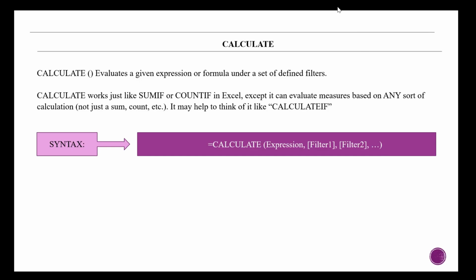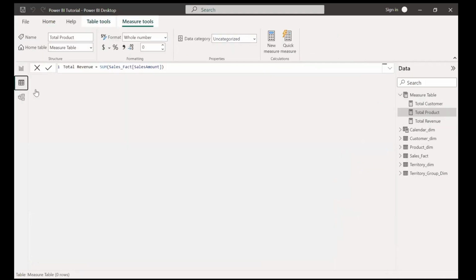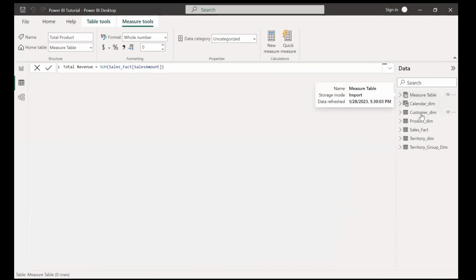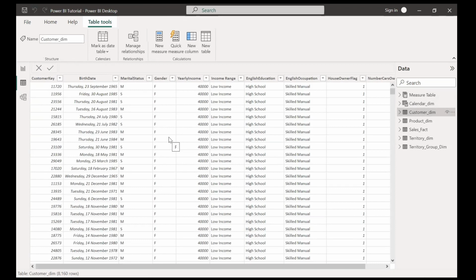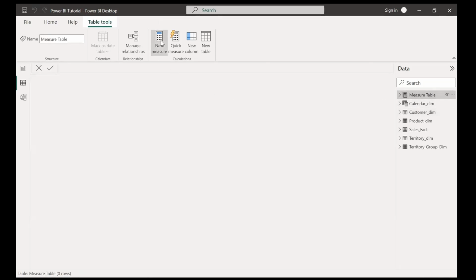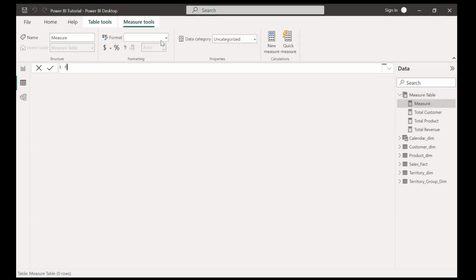Now let's go back to Power BI. Let me use this as an example. Let's say from the total customer, let's go to data view so we can have a view of it. From the total customer, I want to count the number of customers that are females, where the gender is F. So in this case, we want to filter the number of customers based on the condition, which is when the gender is equal to female. So all we need to do is in your measures, create a new measure, and let's call this female customer,